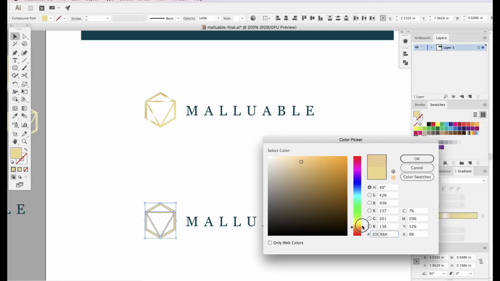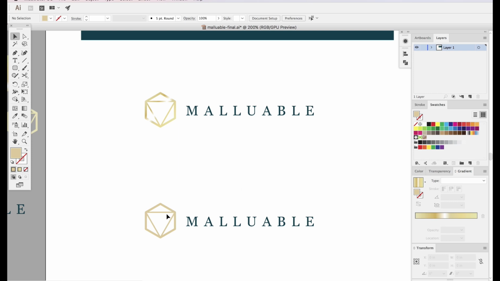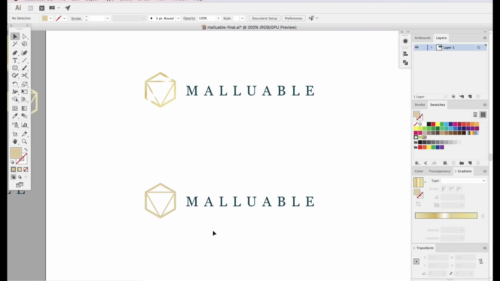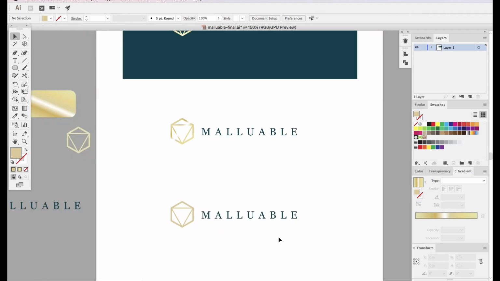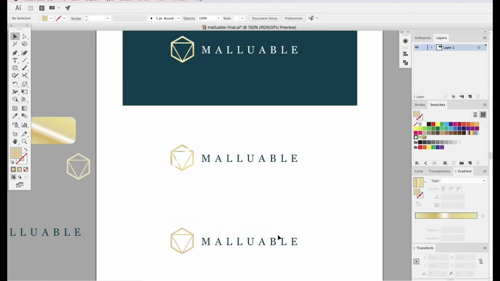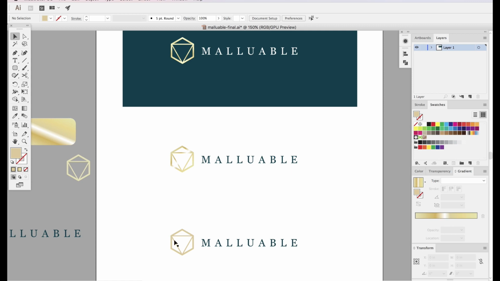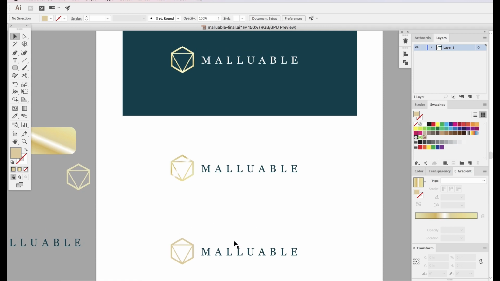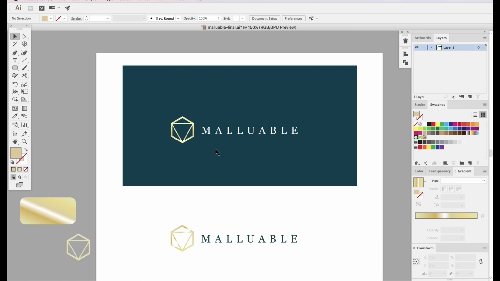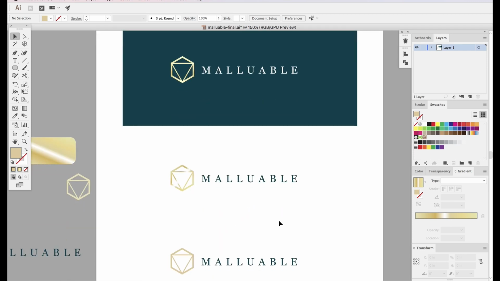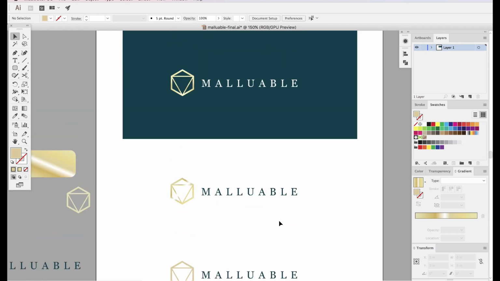Let's go ahead and zoom out and see what we have. With three different options, here are variations that they could use. This is a single, only two colors. This is a gradient on a white background. And then we have our dark background. So we have our logo, pretty much finished. And so the next stage is finding ways to adapt this kind of shape and this font and type